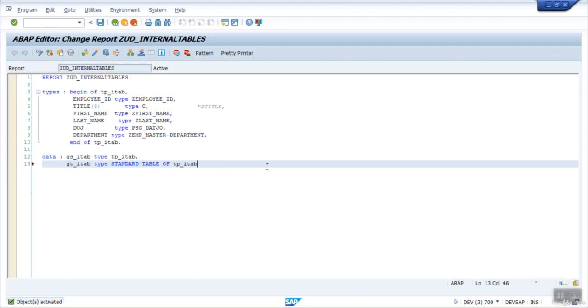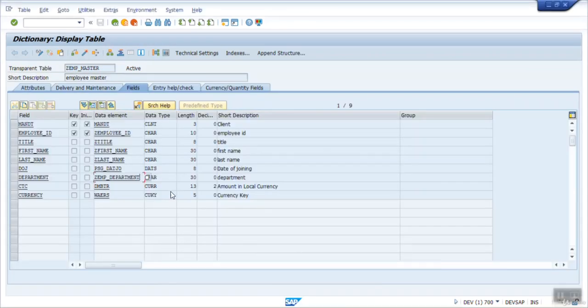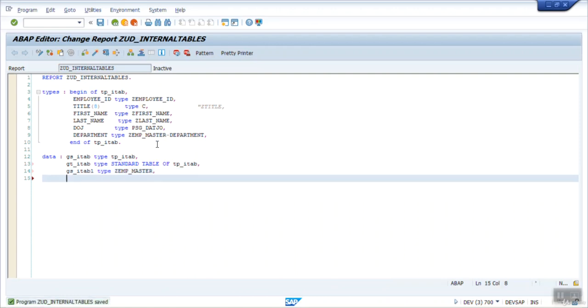The second method is that we can directly refer to a database table. If I want to create an internal table of the same type, simply, let's say GS_I type 1, type this, and GT_I type 1, type standard table of the table name. This is also correct,